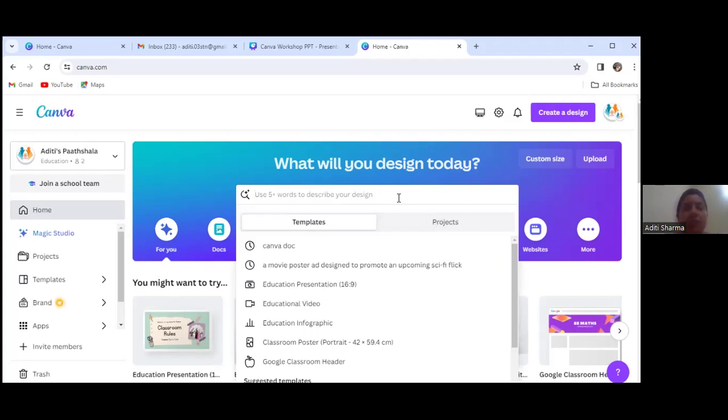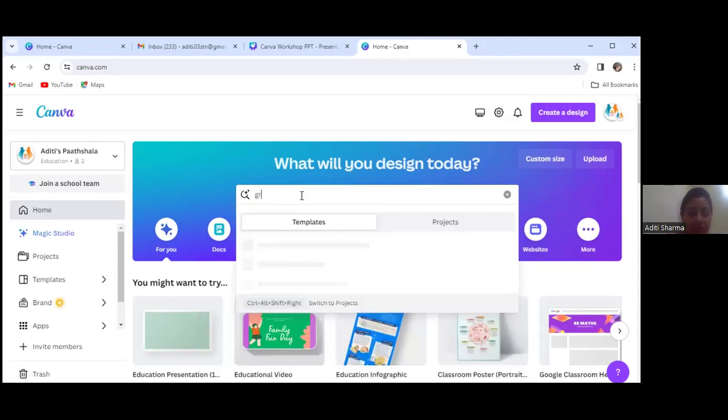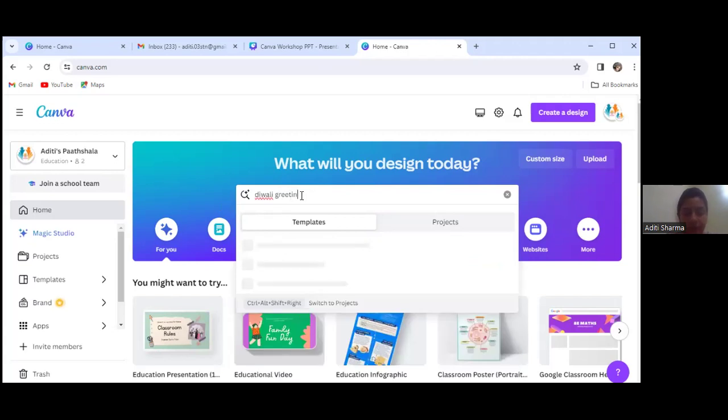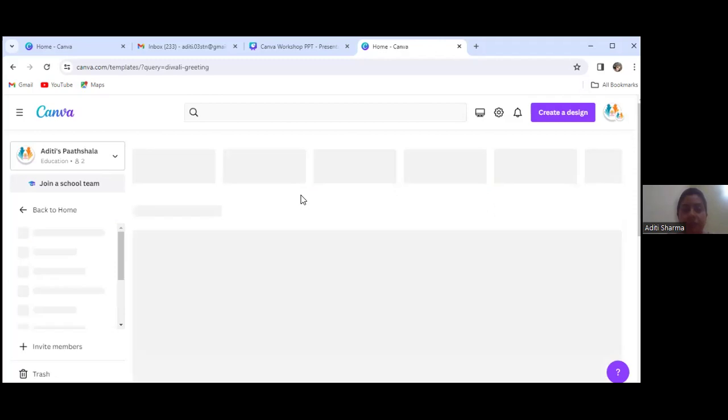Let's first form a greeting. This is the search bar. You just write here, Diwali greetings. Enter.